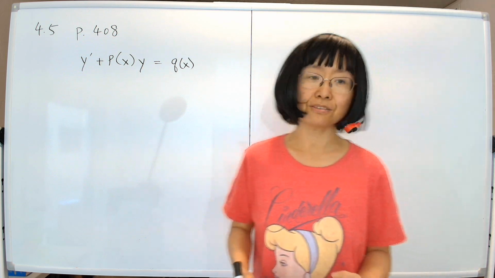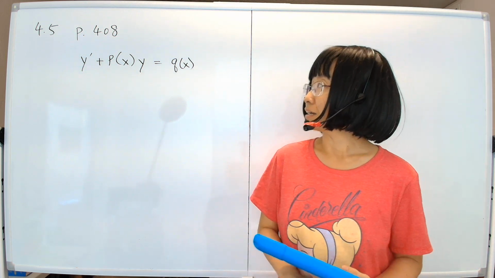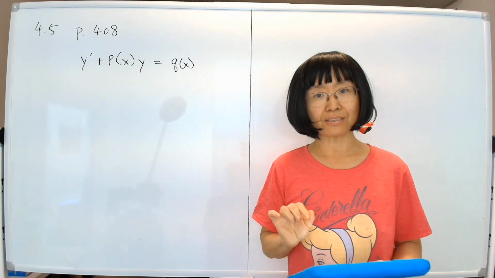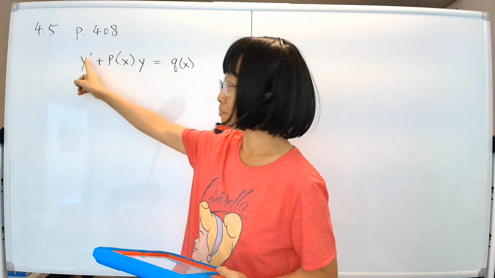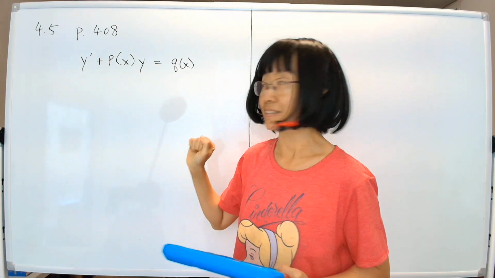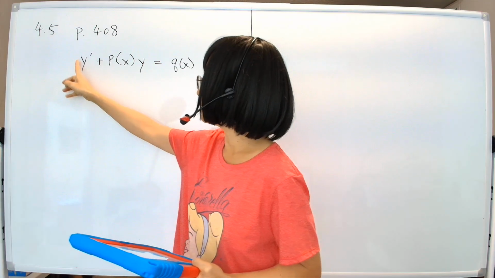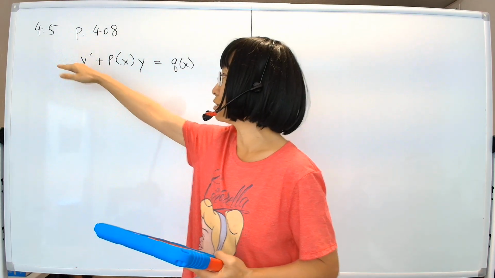Today we are going to do section 4.5, first order linear equations. Now that just means your differential equation is in this particular form. It has a y prime and a y and everything else x's. Okay, and the x functions can be in front of y prime because all you have to do then is